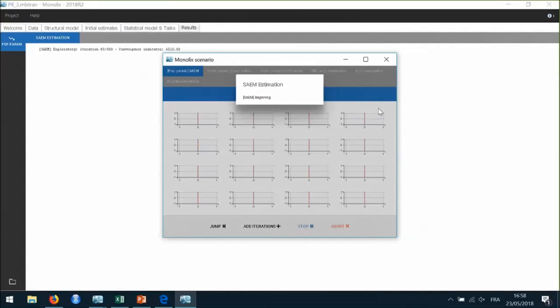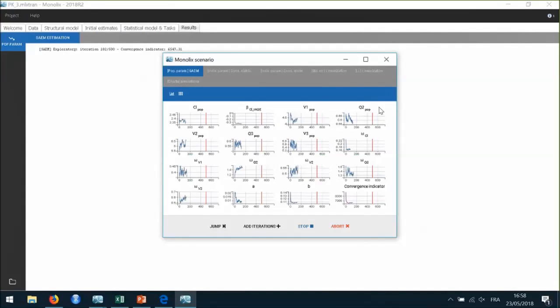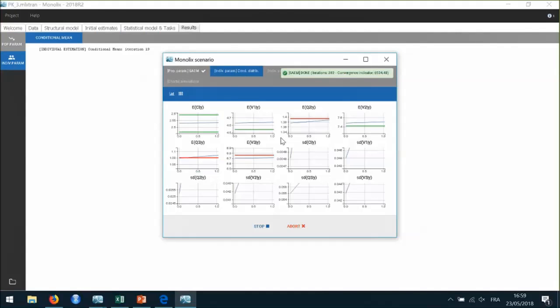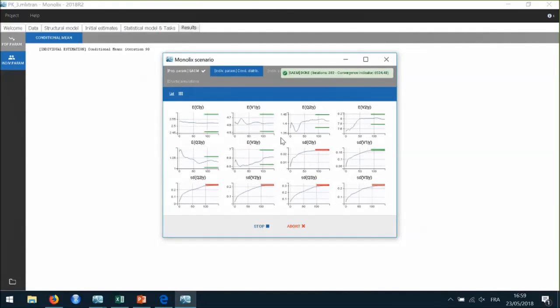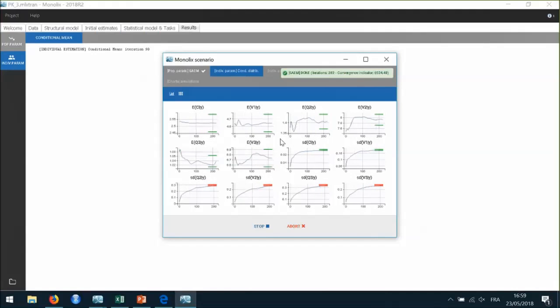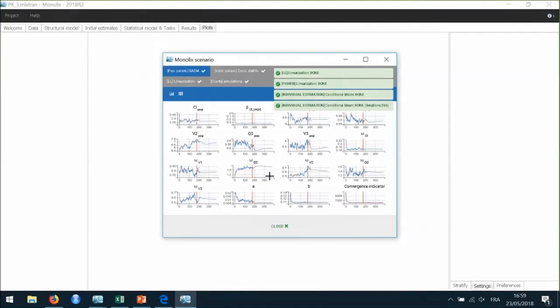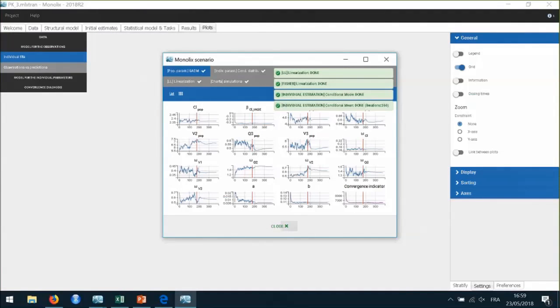I can then run the scenario, and I can see here that the parameter beta CL TH now has to be estimated. But the other parameters are faster to estimate because I have started from the initial values taken from the last estimate.